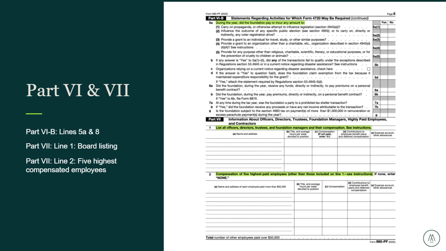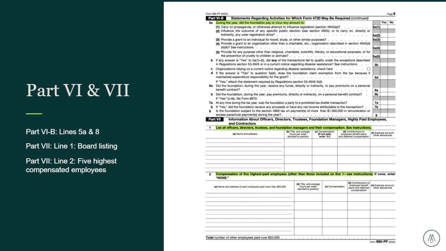If you answer yes, then the foundation likely needs to file a 4720. On 5D, it does ask if you gave a grant to a non-charitable organization, then did the foundation maintain expenditure responsibility? Then next on line 8, this asks a question regarding Section 4960, which is an excise tax on